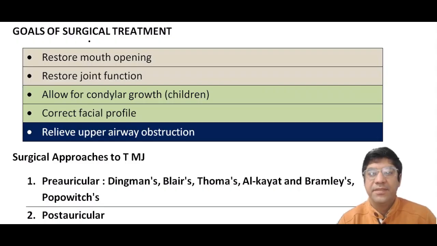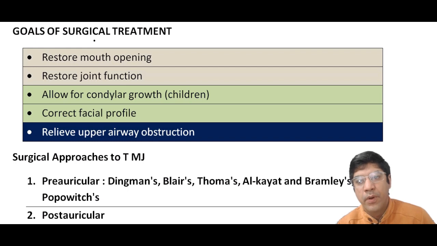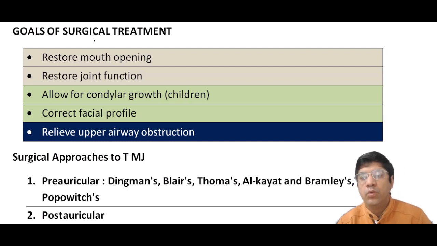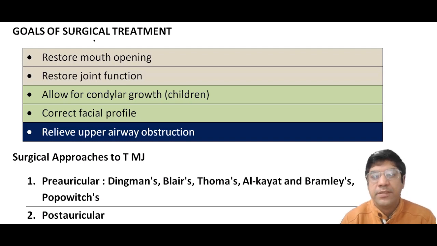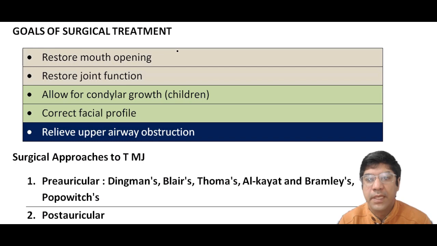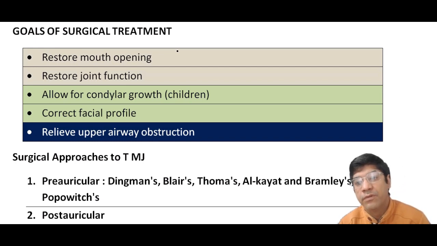So when someone has TMJ ankylosis, surgery is the main way to fix it. Fixing it early is really important if we want to make sure that they can use their jaw properly again. So how will the doctor decide on the surgery? It depends upon a few things. First, they should think about when the ankylosis started. So this helps them understand how long the problem has been there and how much it might have affected the jaw. Next, they should check how much of the jaw is stuck